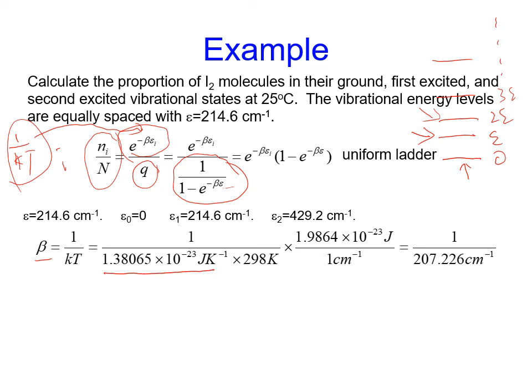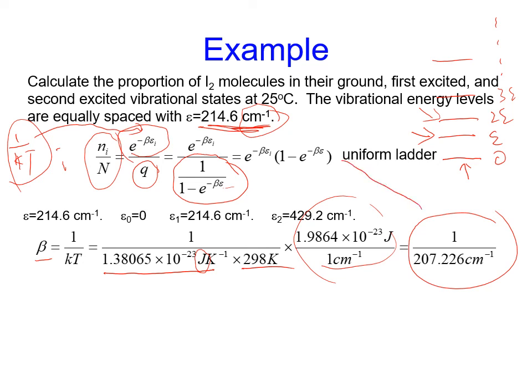So k is the Boltzmann constant, and the temperature is 298 Kelvin. Because the energy given is in inverse centimeters, in order to be consistent, we should convert joules to inverse centimeters, and that's the conversion factor. So beta becomes 1 over 207.226 inverse centimeters. So plug into this equation, and for the first energy level, epsilon i is 0, so this is 0 and this is 0, and when you plug in these numbers, you get